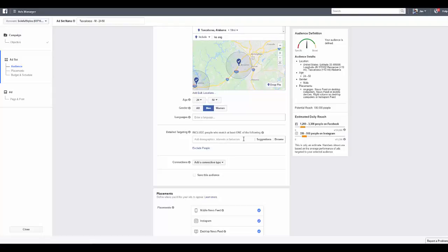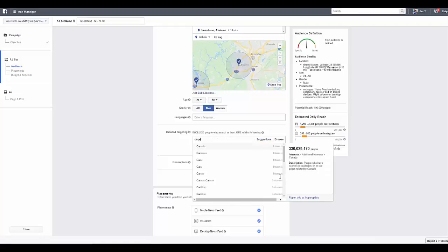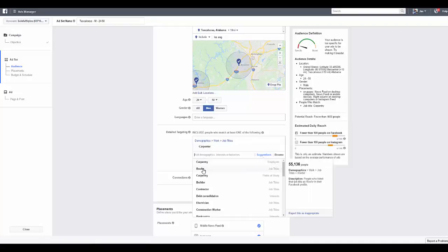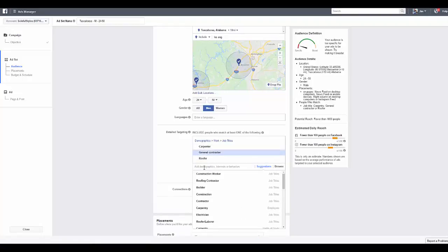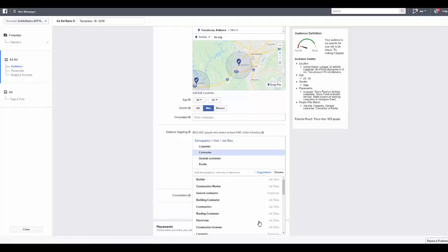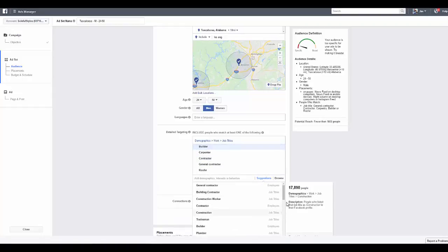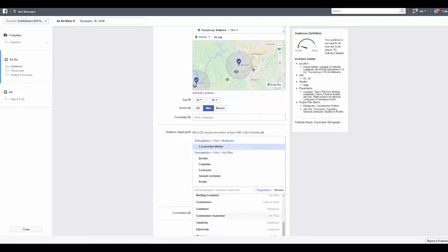But this is where it gets interesting, is starting to add your demographics, interests, and behaviors. And we can actually select a job title. So we'll say carpenters or roofers, and you can even go to general contractors. So we're going to really narrow this down. And these are just job titles right now, but there's also fields of study and employers. So construction workers,